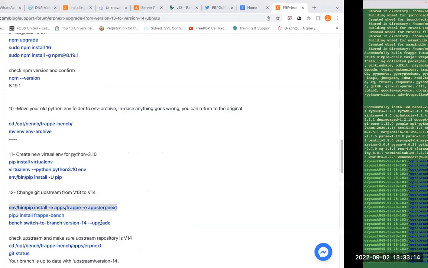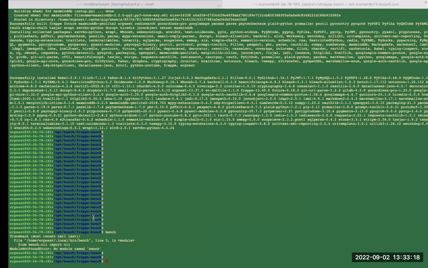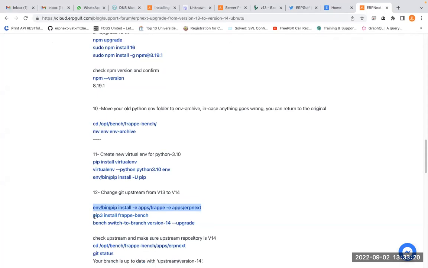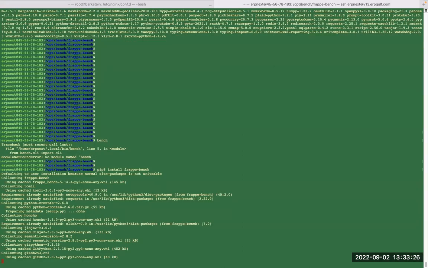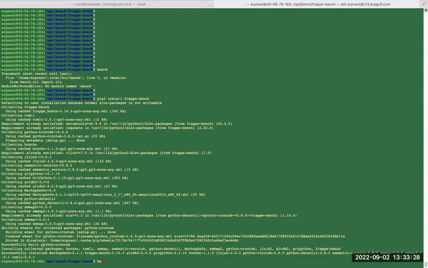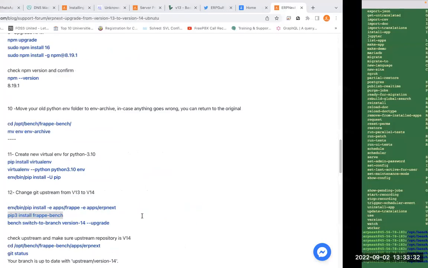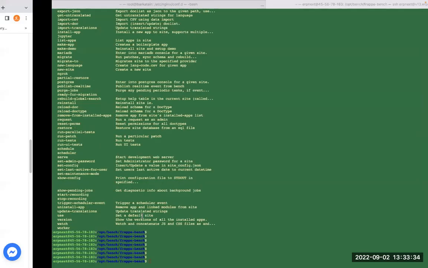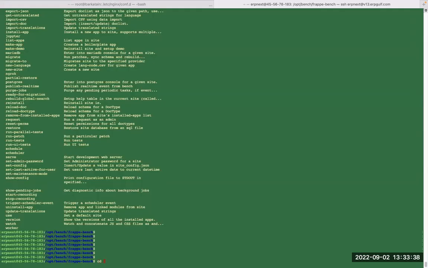After this installation, if you type bench again, bench is not there. So what we would do, we will install bench here in the new env. Okay, now you can see bench here. Now bench is there and apps are there. So what we need to do, I will show you. Apps are